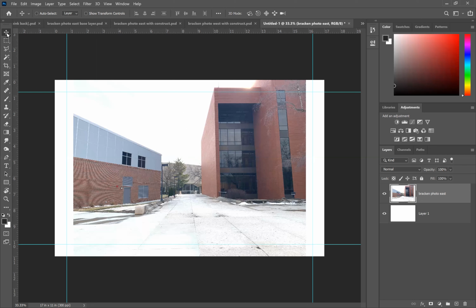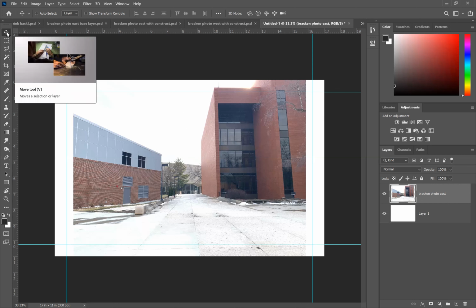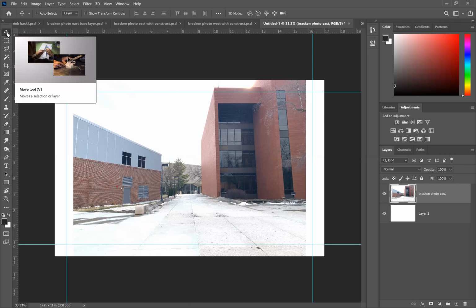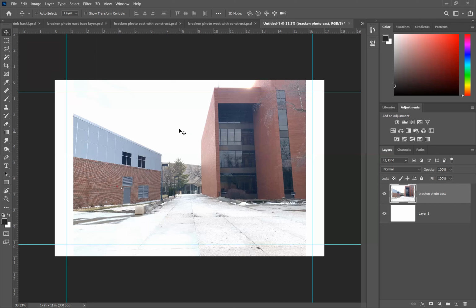The top icon over here is your move tool. You can see how Photoshop does a really nice job. If you just hover over some of these icons, it's going to show you what you can do with those. And so the move tool is what we'll be using. I have that clicked, and you can take a look at my cursor and what the move tool cursor looks like. With the layer selected,